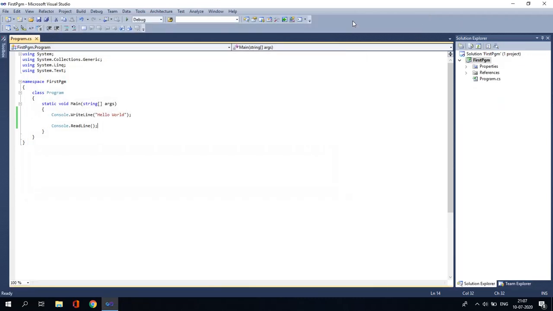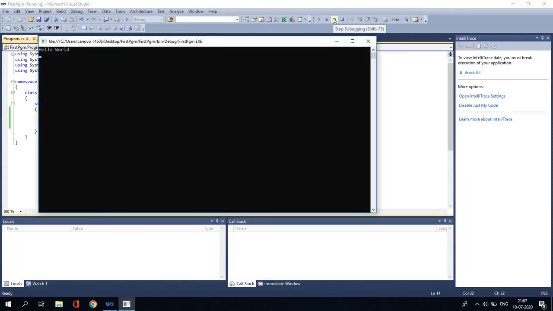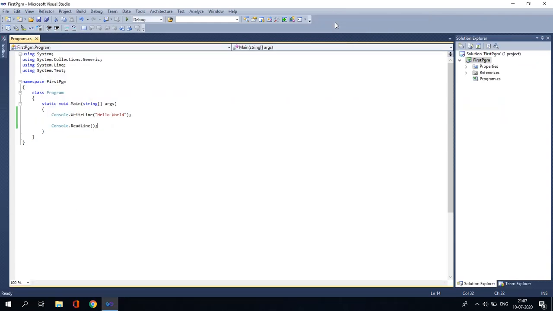So this is the first output of a .NET application. I can close it from here or I can tell the program to stop. Here a square box indicates stop. So this makes the difference. Now if I want to make a comment, a comment is nothing but something used to document what the program does and what specific blocks of lines of code do. Since the C# compiler ignores comments, you can include them everywhere in the program without affecting the code.